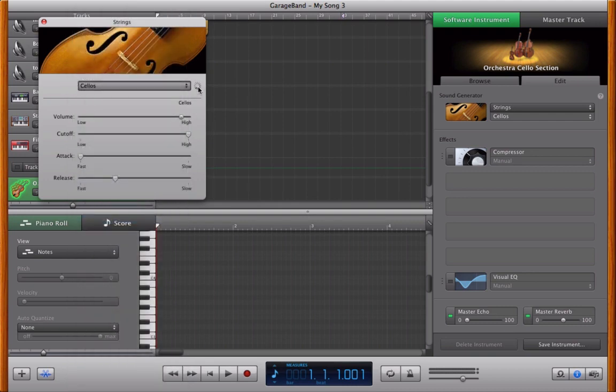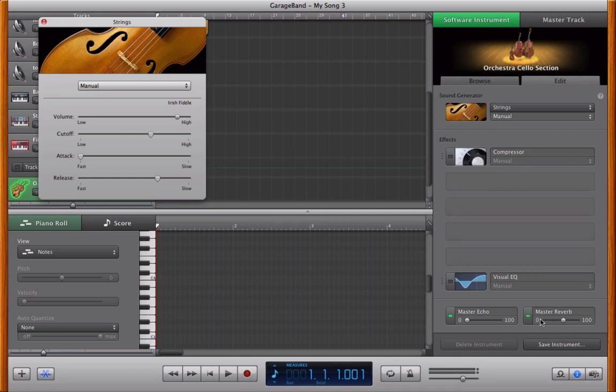I can click on that. It's loading in the samples. I'm getting the spinning wheel of death. And now we have the Irish fiddle. I could slow down that release. So it sounds like there's too much reverb on that, and you'll notice that the reverb doesn't exist within the